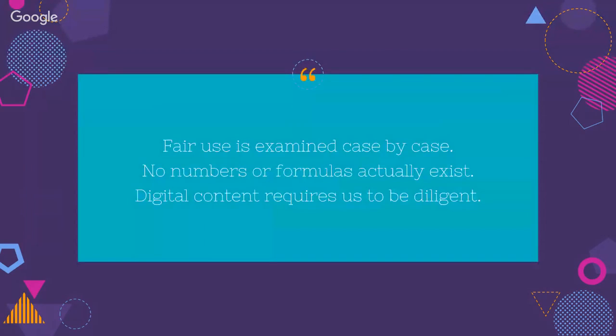The U.S. Copyright Office says that the distinction between fair use and infringement may be unclear and not easily defined. There is no specific number of words, lines, or notes that may be safely taken without permission. And this is huge here. Acknowledging the source of a copyrighted material does not substitute for obtaining permission. A lot of people assume that they can use whatever they want as long as they give credit. That's not the case either.